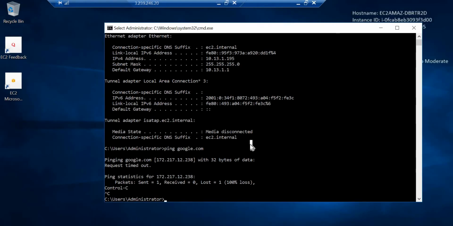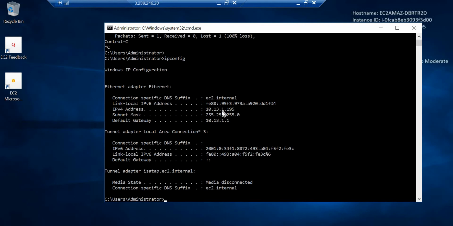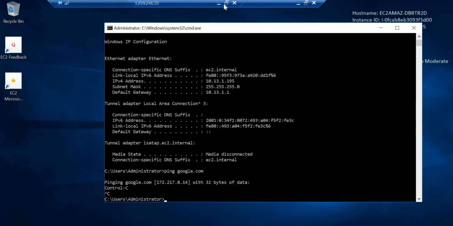Okay, so I am in this instance. You can see here 10.13.1.95. Now I am trying to ping Google. Yes, I'm still not able to reach the internet. So let's troubleshoot.